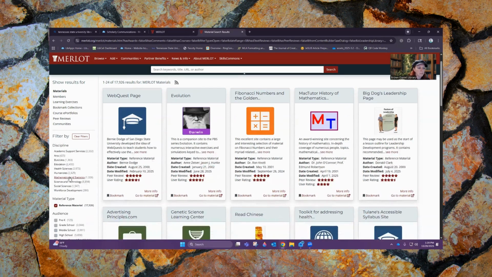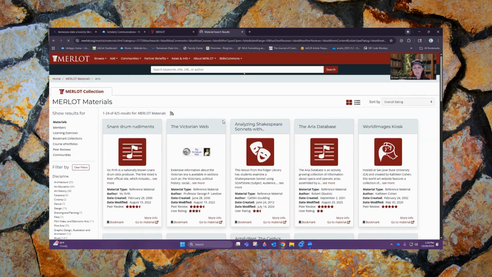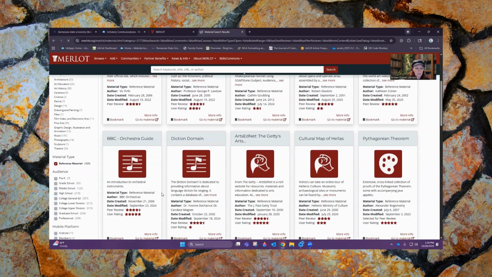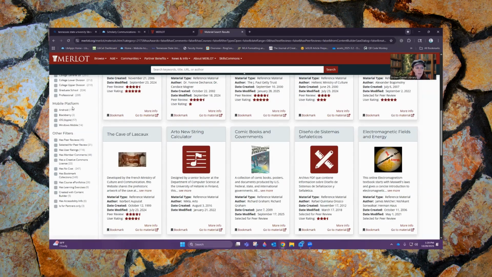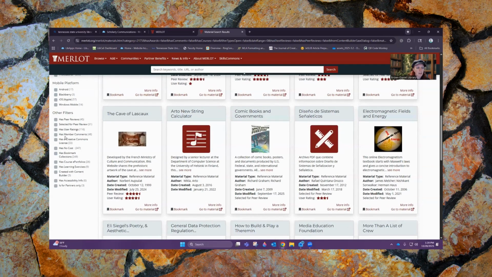If you want that to be in arts, go ahead and click there. Now it's reference materials, but only focused on the arts so that you don't have to dig through all the other subjects to find what you're looking for. And this helps bring down the numbers that you have to dig through. Here we've got platforms, if there's a specific platform you want, like your Android or your BlackBerry or your Apple. And then there's other filters here, like say you want stuff that only has peer reviews or user ratings. You can click that and it will bring up stuff strictly to